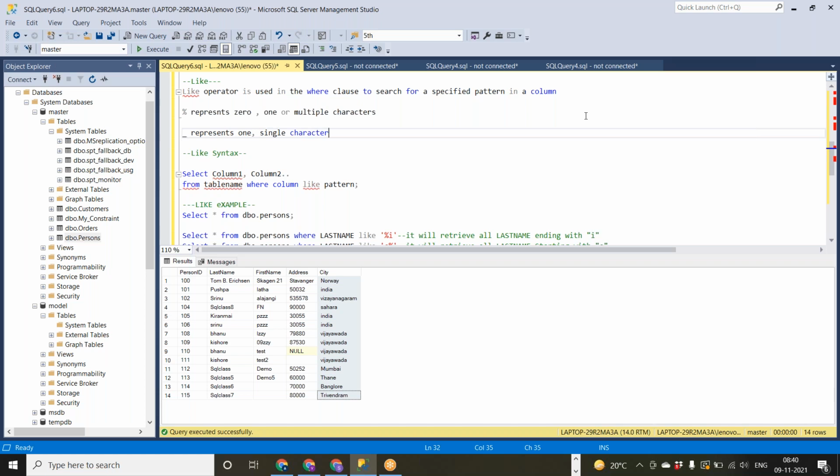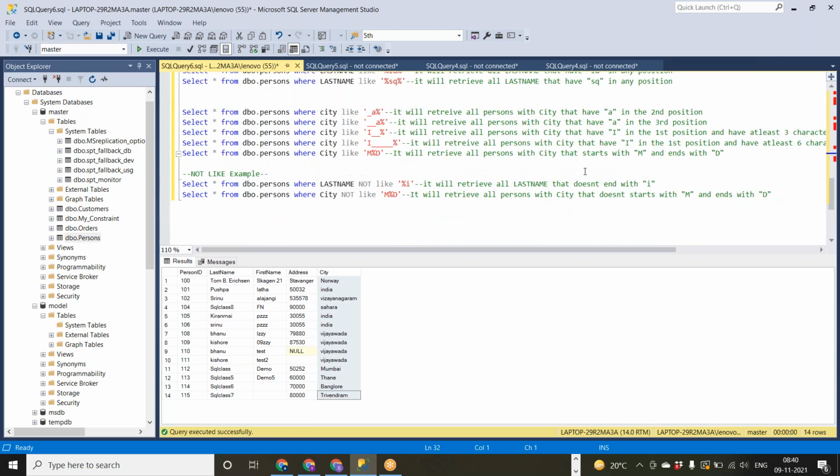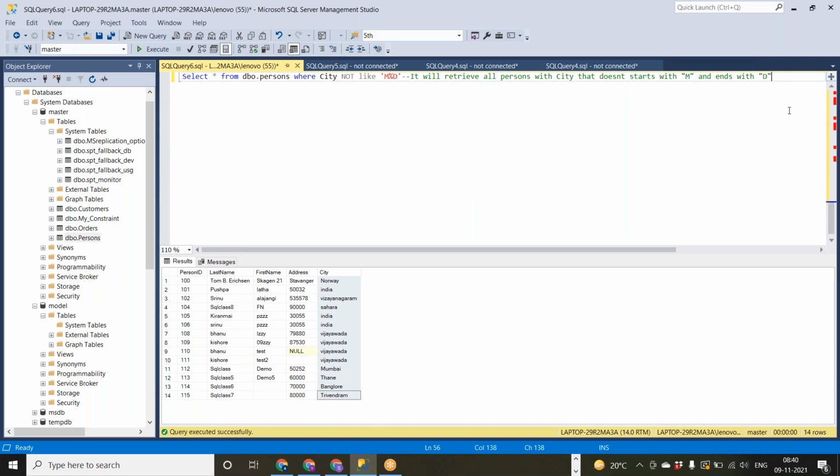I think you have understood the difference between the percentile and the underscore. We have used percentile individually, underscore individually, and in combination of both as well. I think that's all about the like operator. We'll go with next.